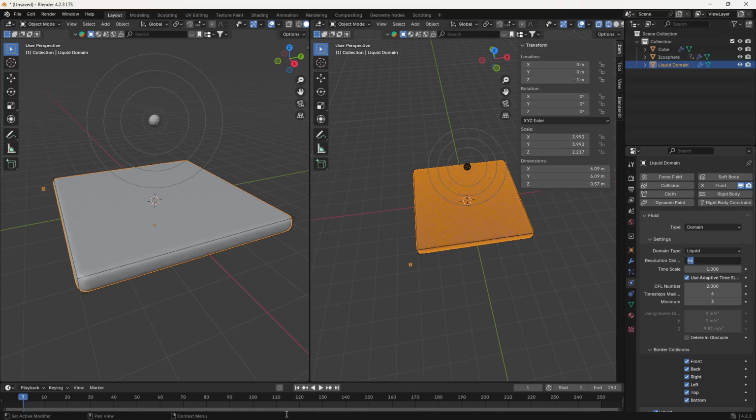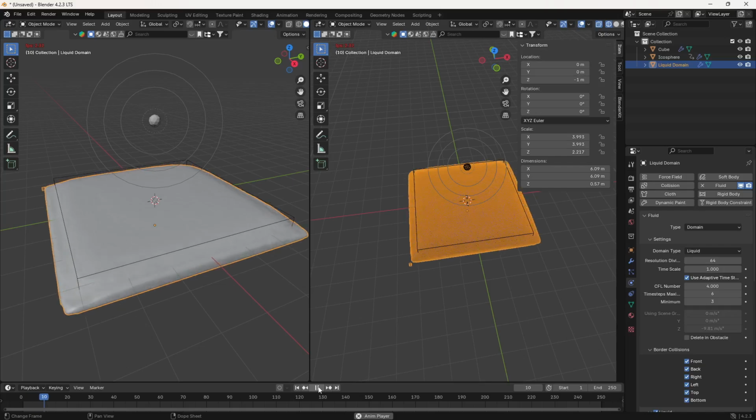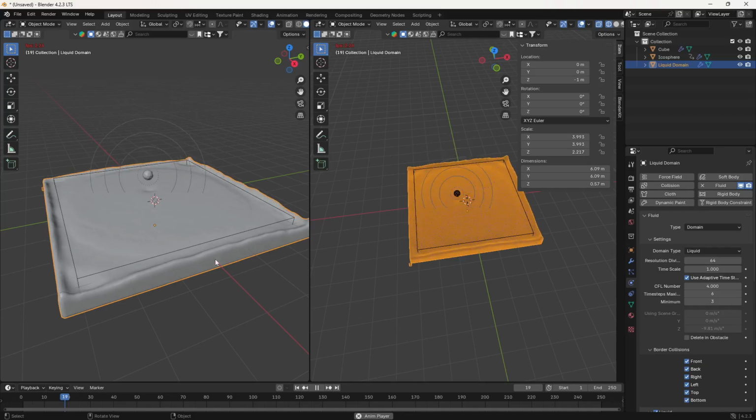Okay. And now if I play here, you can increase the CFL number as well, if you are having a fast simulation, if you want somewhat fast but don't want to compromise with the quality. And now if I click on play, you can see it's taking some more time. But now you can see the liquid is stable here and it's not going that much up. Okay, and now you can see this is the result that we are getting here.